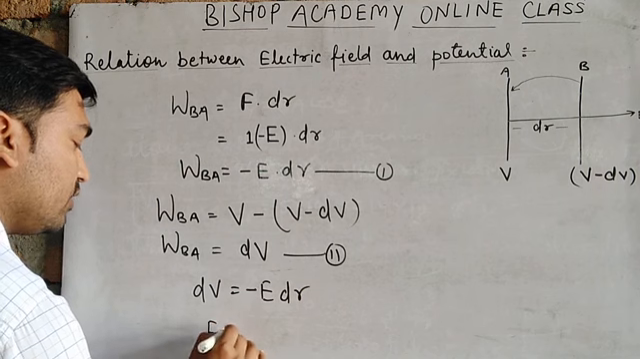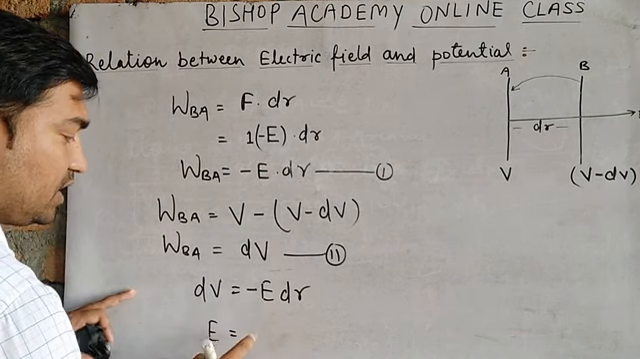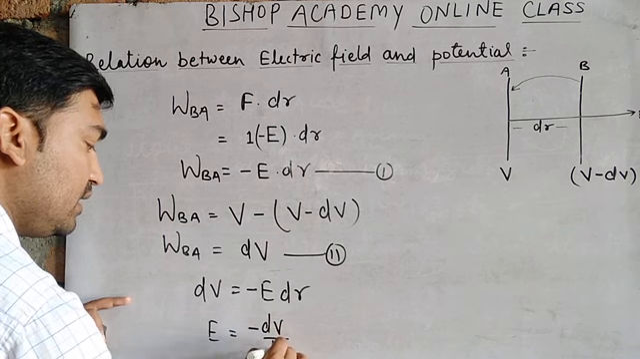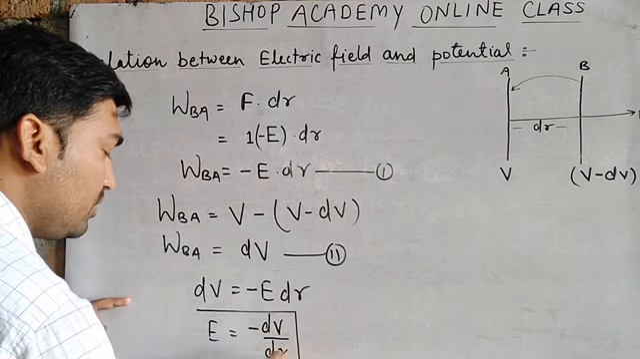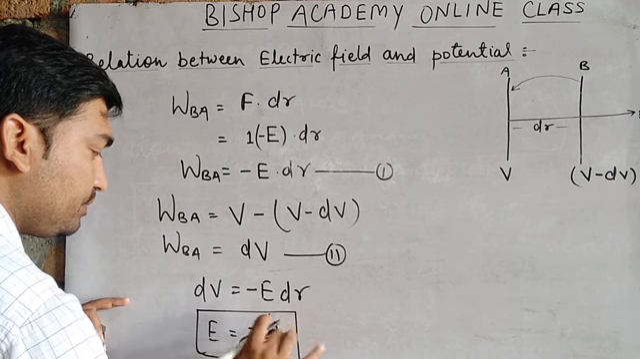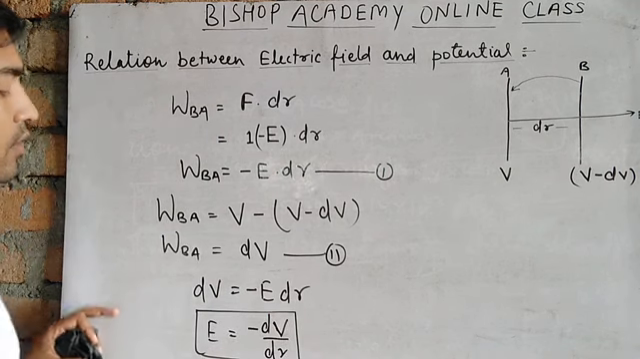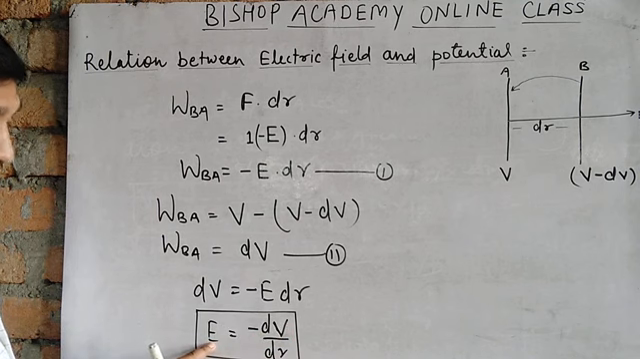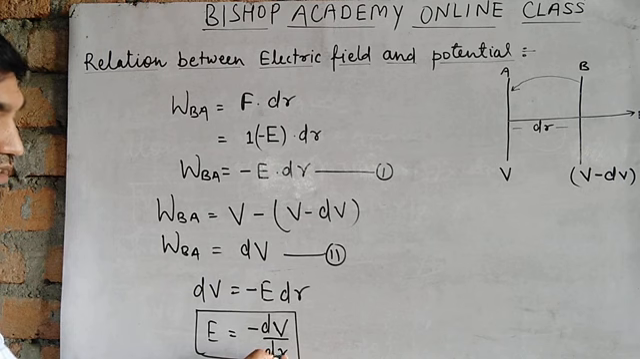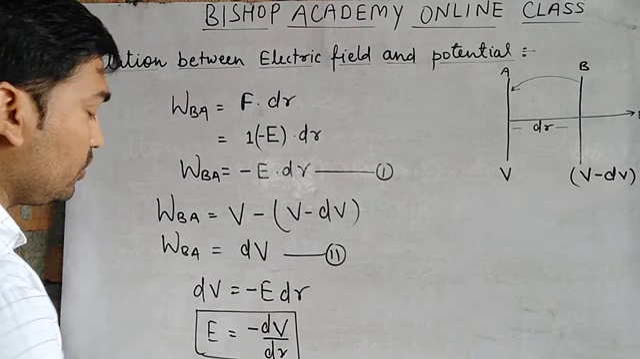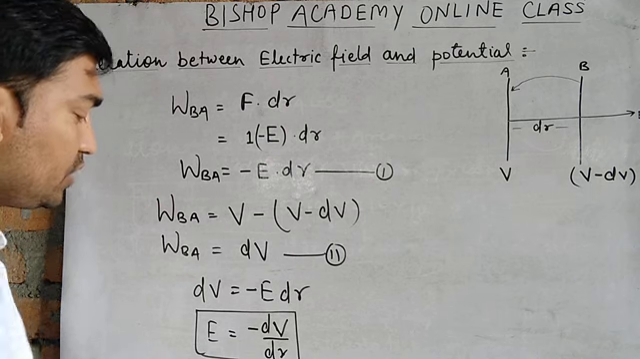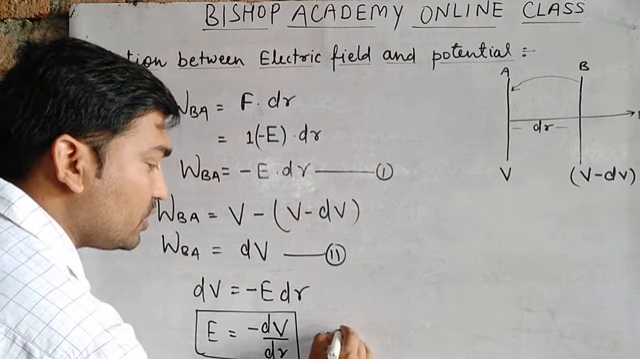Then E is equal to, after rearranging, E is equal to minus dV upon dr. This is the most important relation between electric field and potential. It means electric field is equal to minus dV upon dr, where r is the displacement vector. It's okay? This is the relation between electric field and potential. This negative sign shows that